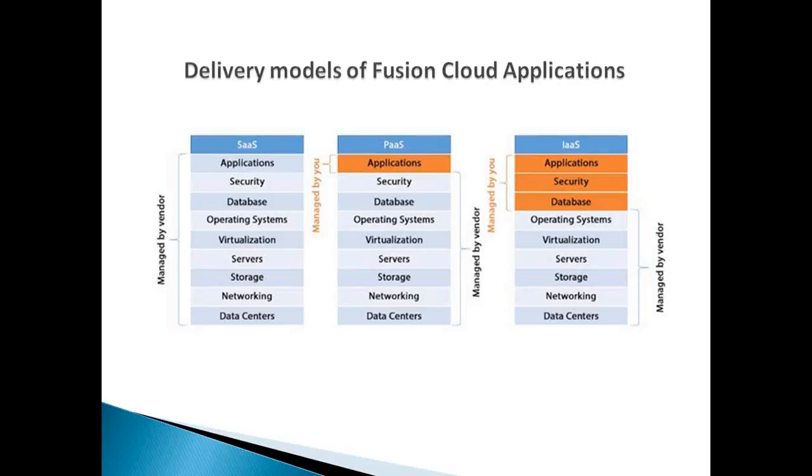Laxman, if you have to do some small customizations, as you mentioned, like using descriptive flex fields or extensible flex fields, once we do that, can we expose that as a field in the web services? Yeah, you can do that. The mapping and all, you can do that. If you are doing inbound or outbound, yes, everything you can do. So you don't need access to PaaS or anything for that? Not required. See, by default, as an open option, they are giving attributes, right?